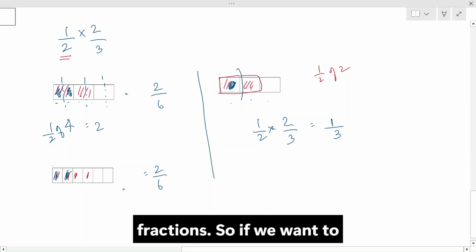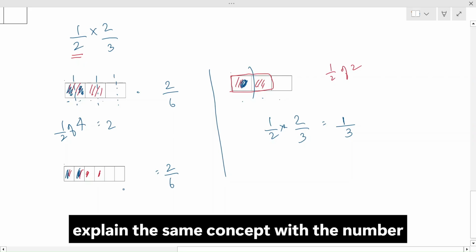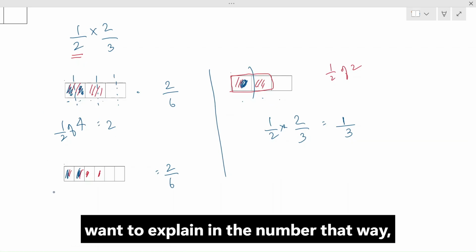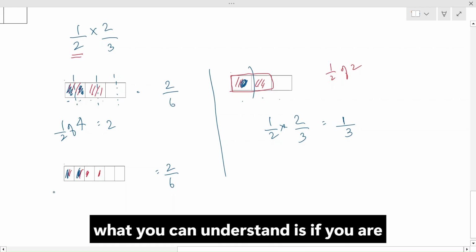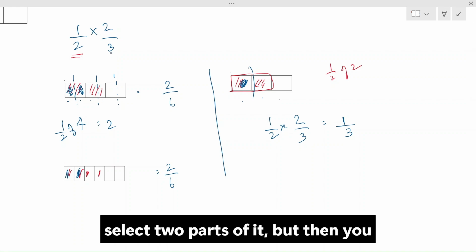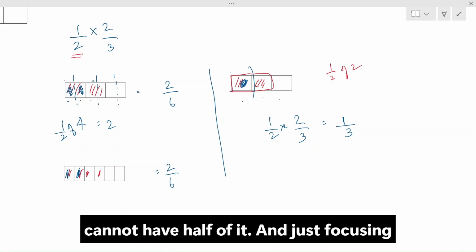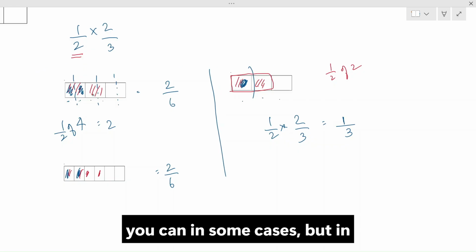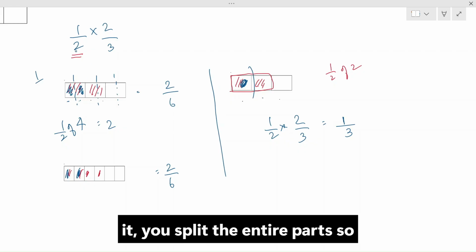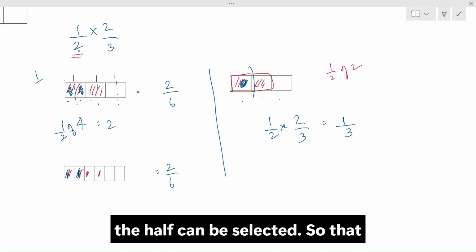So if we want to explain the same concept number-wise, this was visual thinking that you understood in two different ways. If you want to explain in the number way, what you can understand is, if you are going to do 1 by 2 times 2 by 3, you select two parts of it, but then you cannot have half of it just by choosing. You can in some cases, but in the first example, if you cannot take it, you split the entire parts